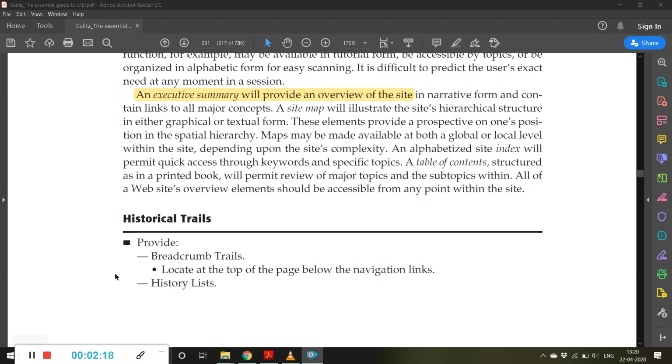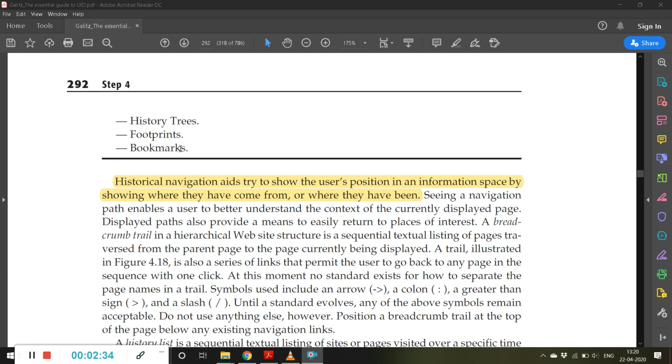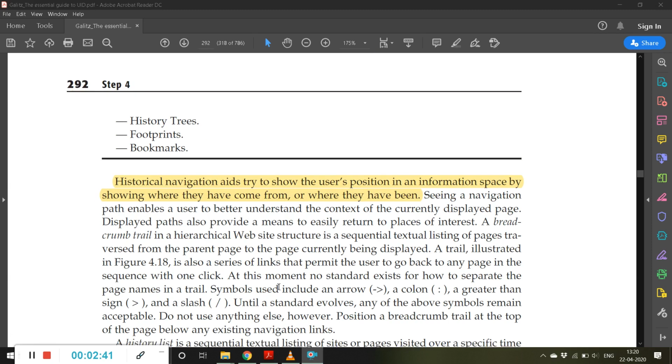So the next one is historical trails. These are some other elements. It provides breadcrumb trails, located at the top of the page below the navigation links. History lists, history trees, footprints or bookmarks, all these are nothing but historical trails.